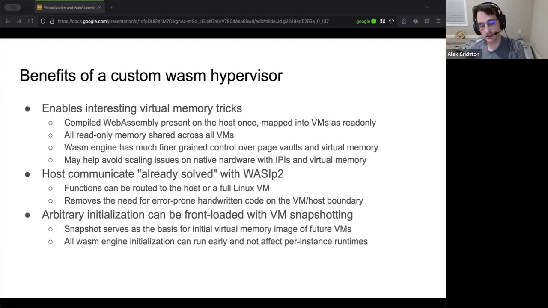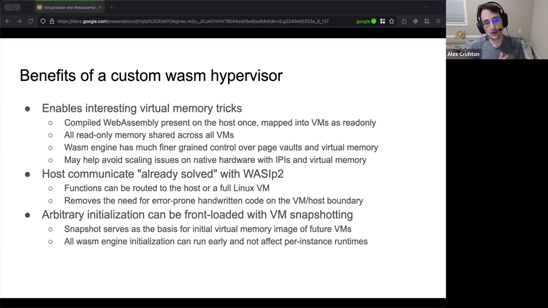I will say that this is not necessarily a panacea. There are some downsides. Oh, actually, I'll get to that in just a second. But the communication aspect is very, very nice. With WASI-P2, we have very clearly delineated host aspects of what runs where, how you are actually communicating with the outside world. You have a very nice granularity. If it's performance critical, you can put more of it inside of a virtual machine, and if it's not performance critical, you can take it outside of a virtual machine. Very, very flexible there in terms of exactly how this is all illustrated.